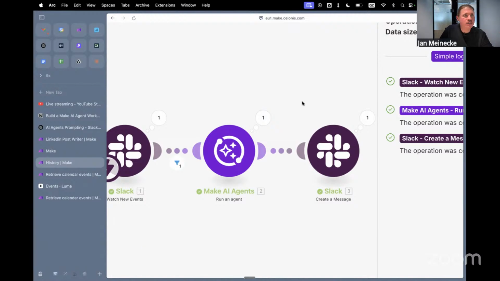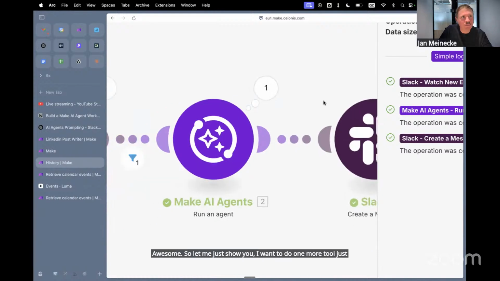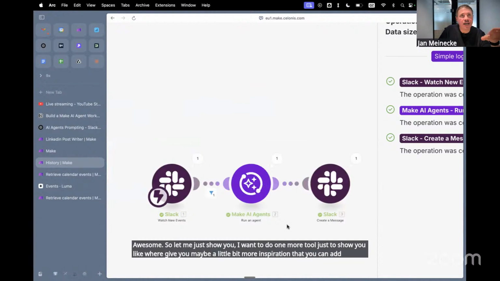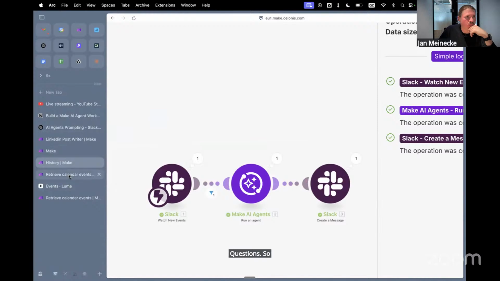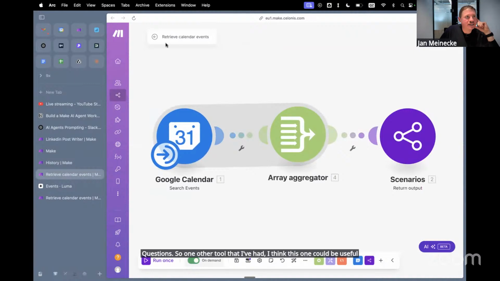Awesome. So let me show you one more tool, just to give you a little bit more inspiration that you can add. And then I'll leave the last 10 minutes for questions. So one other tool that I think could be useful is I basically have this little